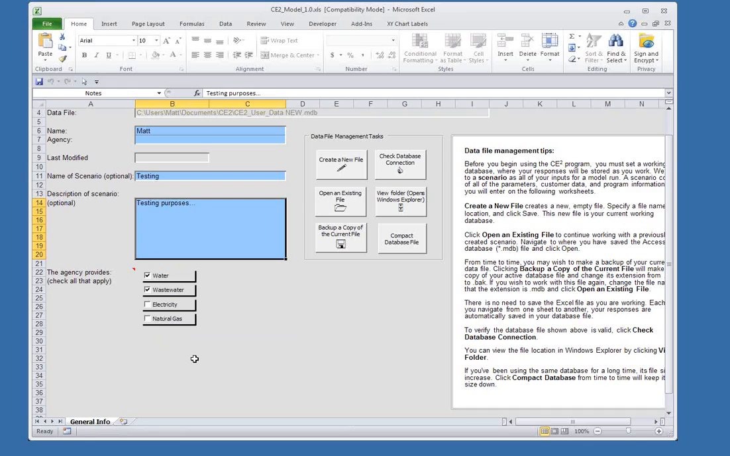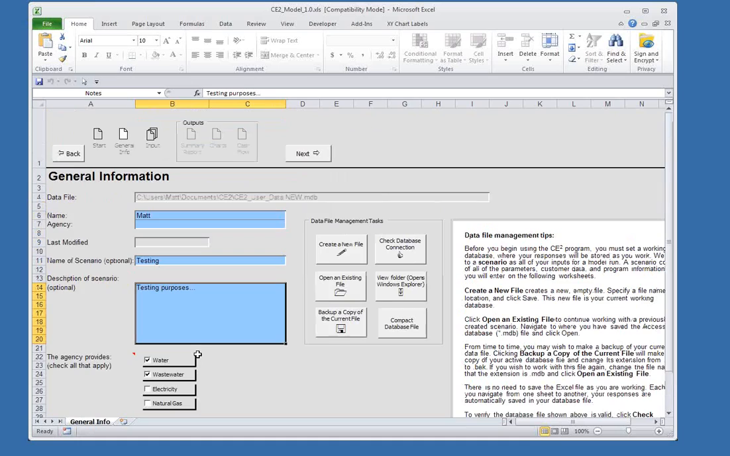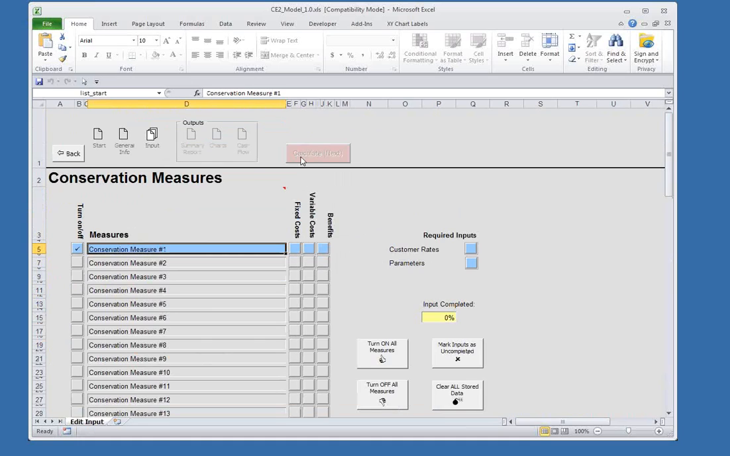And in the instance where your utility is also providing electricity or natural gas, which would come into play for heating water in customers' homes, then you would check these boxes as well. Otherwise, let's just go ahead and click Next. And this takes you to the conservation measures page. It's pretty generic when you start off. We haven't really preloaded it with a lot of information, so you have to do a lot of the hard